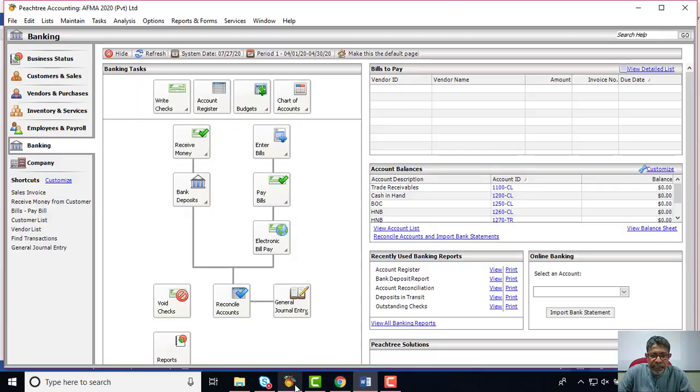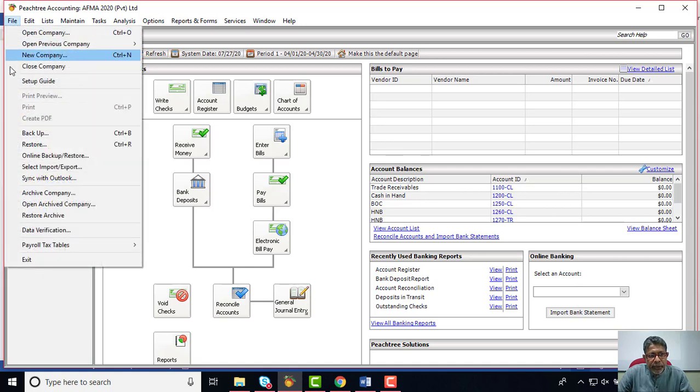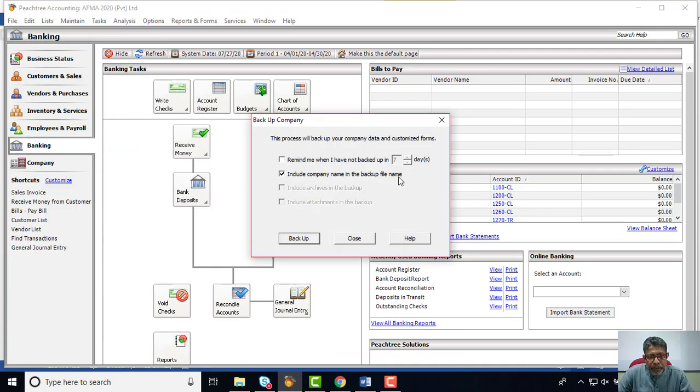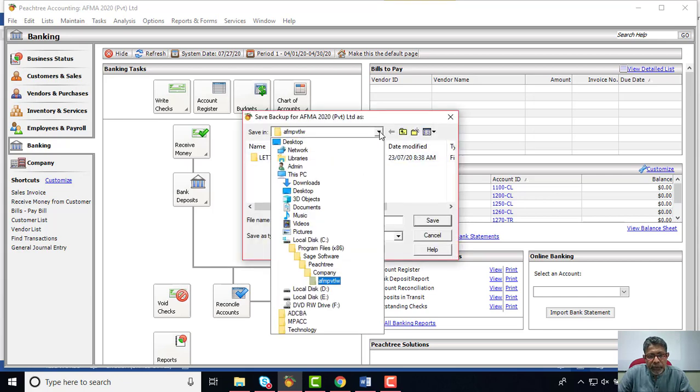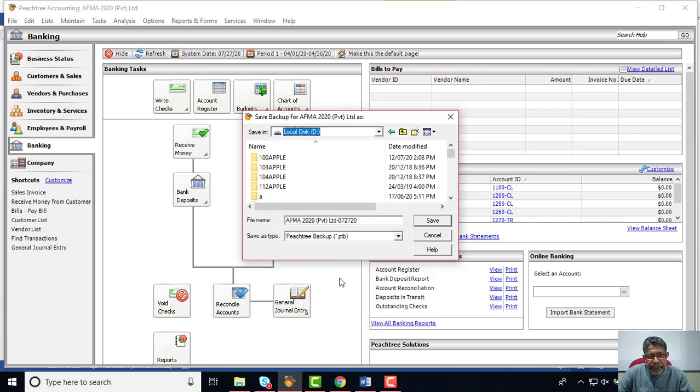Now once you finish everything for the day, we have to take the backup file of this particular lecture. So to take the backup file, you need to go to the file command, and then go to the backup command, click the backup. Then you can keep your company name as a backup file name, then click the backup button, and then find out your location. Now normally I told you to create a location where you have to save all the backup files. So you have already created that. So go to the appropriate folder where the subject matters are discussed, and also I told you to create a separate folder for the backup.